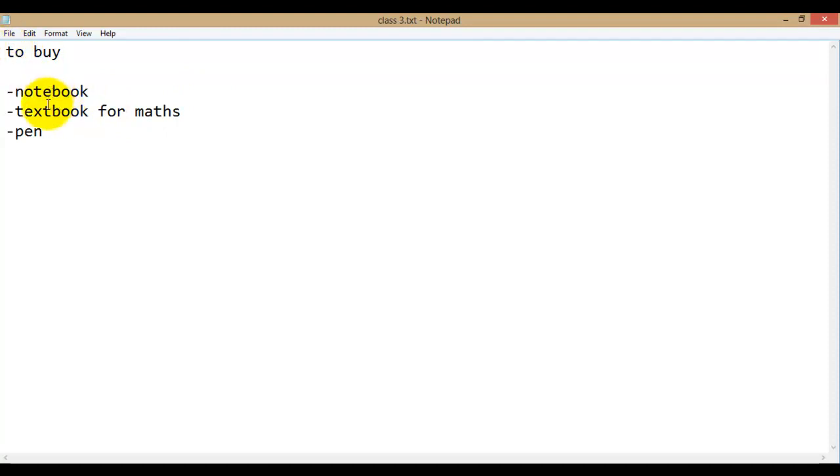I'm going to give you an example here. The blinking line is called cursor. When my cursor is like this, between the note and book, in the word notebook, when I press backspace, look carefully. It will delete on the left side. Now note has been deleted. I have typed it again. So when I press backspace,